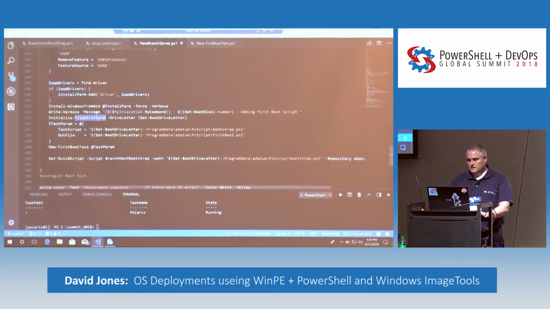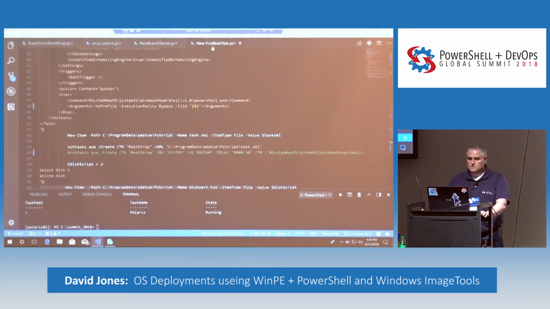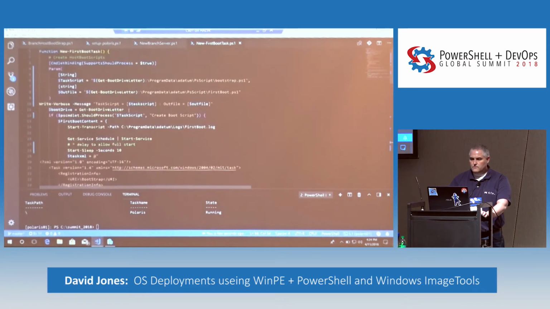Then I create the file structure. I'm going to copy a few files. I've got my first boot script and the bootstrap that I'm going to inject in those. I've got this other script that's actually going to create them. So that first boot script,